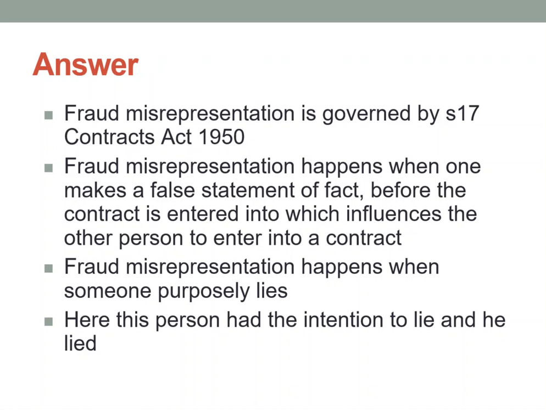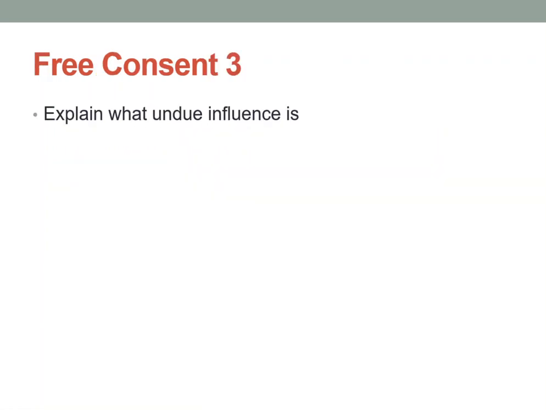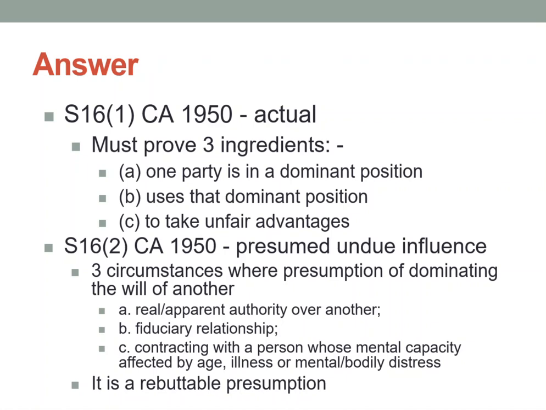Okay, ready? Next question. What is undue influence? Undue influence is stated in section 16. Undue influence is a situation where there was somebody whom you really trusted, but that person took advantage of you. He brainwashed you into entering a contract that favors him, but does not favor you. So what you can say over here is,